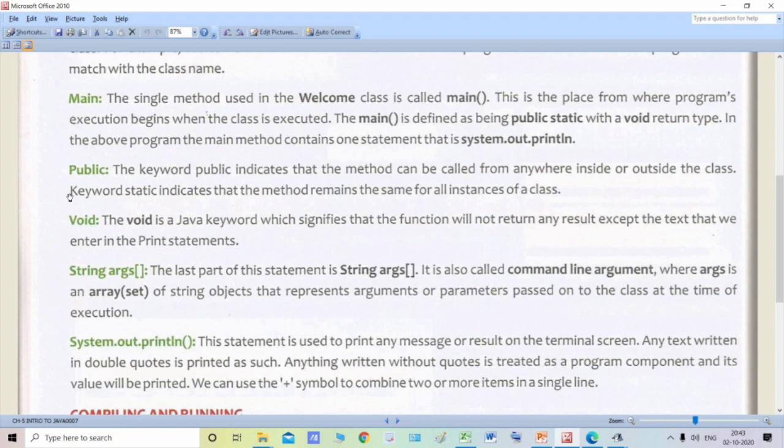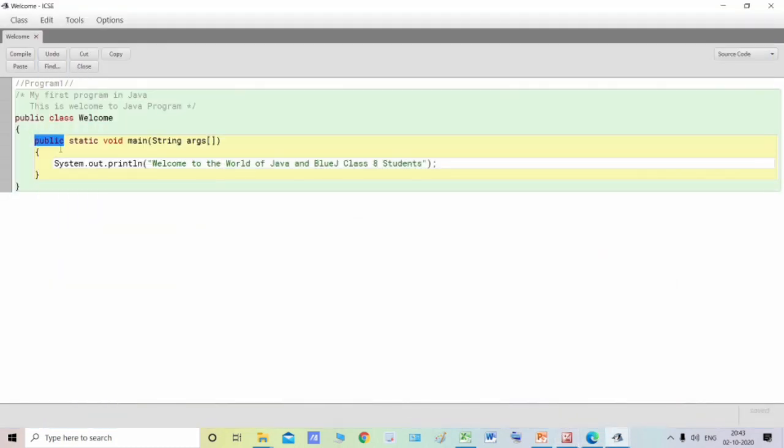So everybody can access it. That's why it's called public. So our main method has to be public, so that it can be accessed from anywhere inside or outside the class. So always remember that our main method will be public. I hope you understood the meaning of the word public.